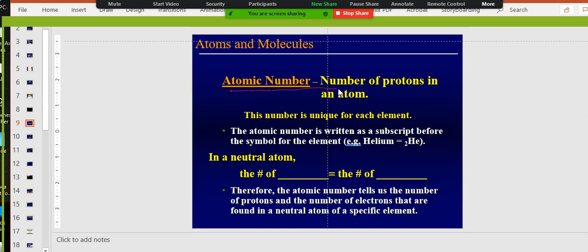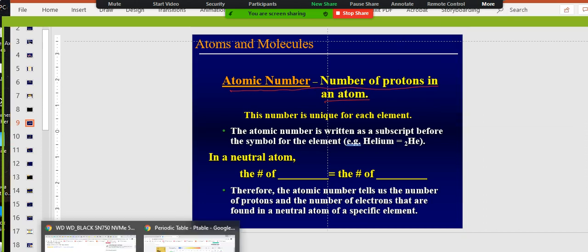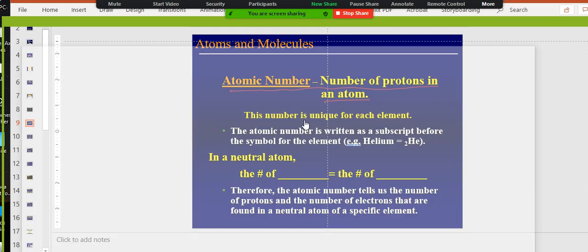The atomic number is the number of protons in an atom, right? And every atom has a different atomic number. If we go through the periodic table, you'll see hydrogen's 1. If it wasn't 1, it wouldn't be hydrogen. If it was 2, it'd be helium. If it was 3, it'd be lithium. If it was 4, it'd be beryllium. 5 is boron. 6 is carbon, and so on. None of these have the same